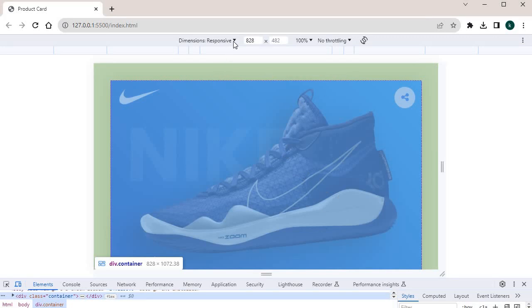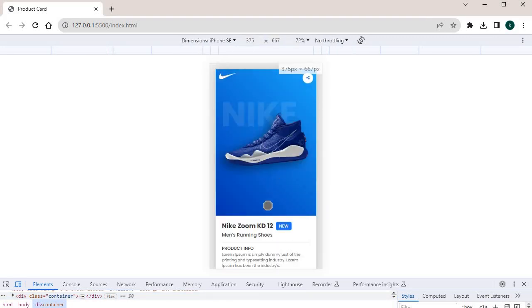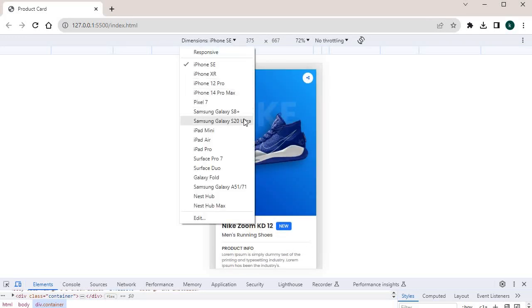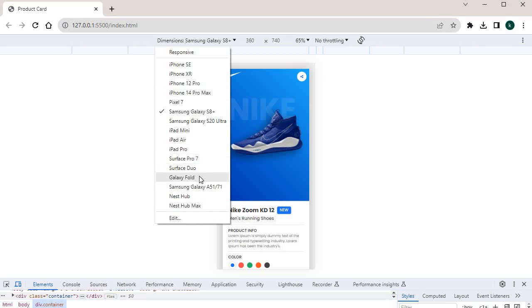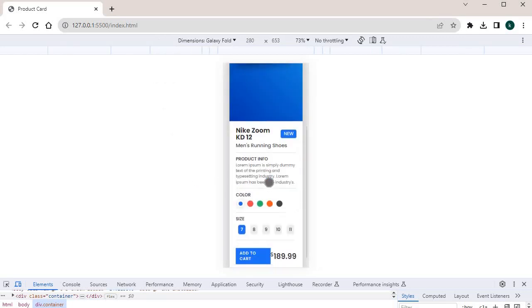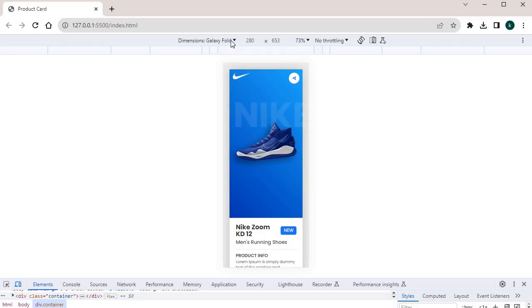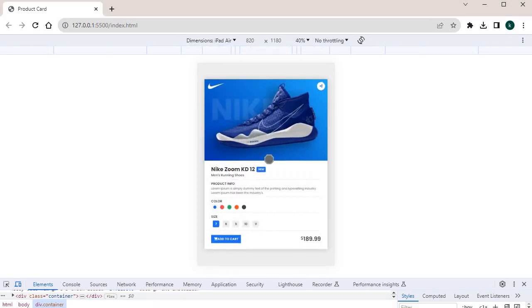Inspect, where we have this, we can choose iPhone SE. We can see the look on iPhone SE, so we can choose Galaxy S8. We can see it's still looking nice. And also we can come to Galaxy Fold, which is still okay. Then we can check this iPad Air. We can see the view on different screen sizes here. So we'll be writing the media queries that will handle this for us, and also the JavaScript that will handle